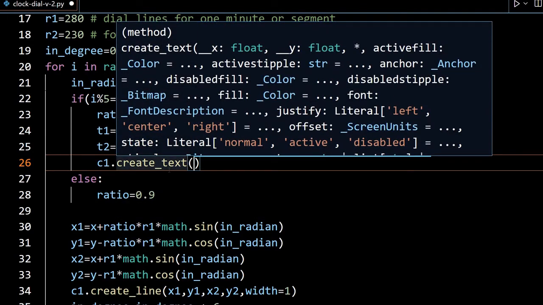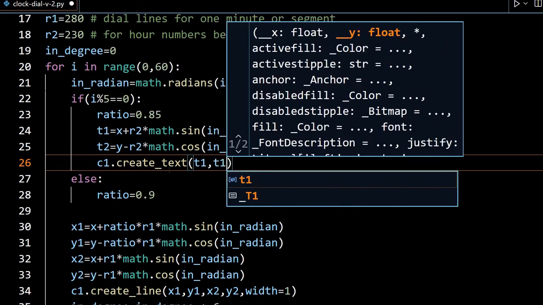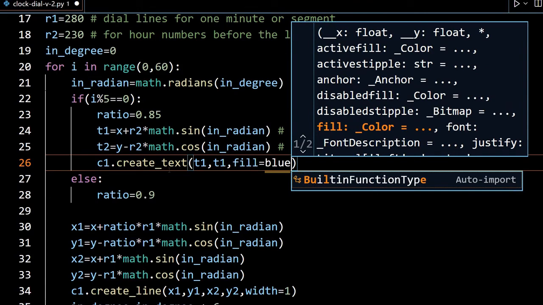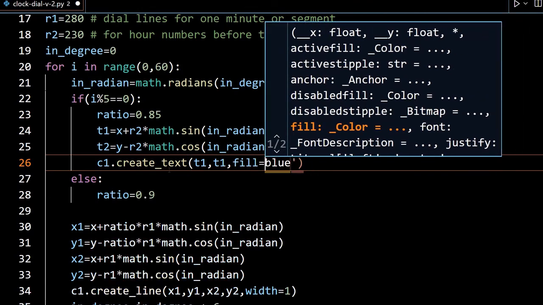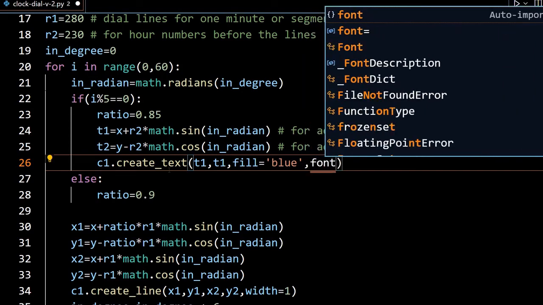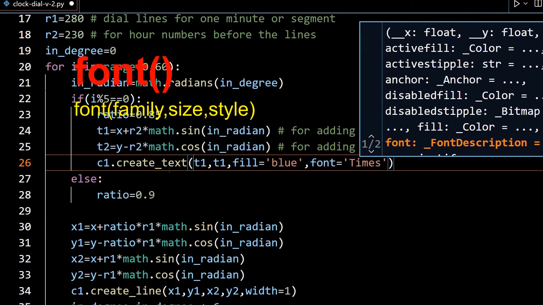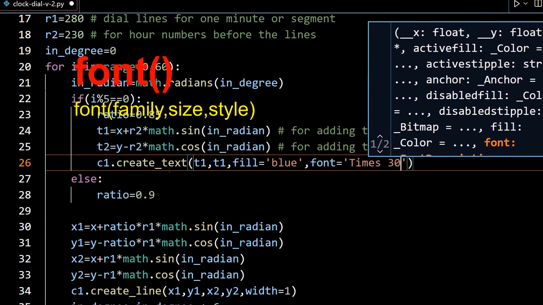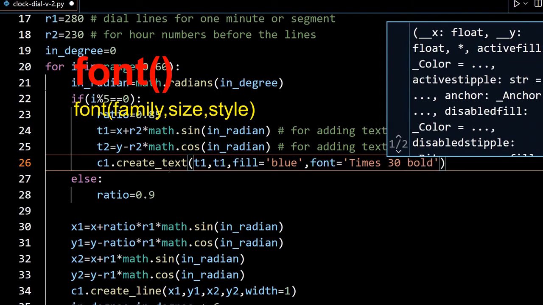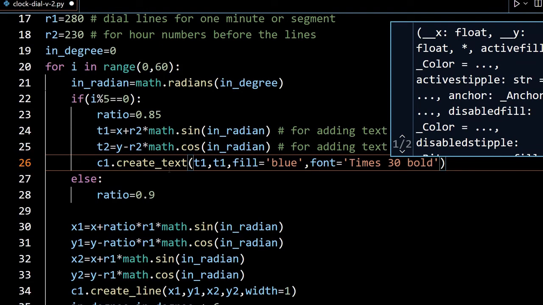Okay, create text. It starts from T1 dot T2. It's the coordinates of the text. Fill equal to blue. You can give any color you want, hex code also can be used. Now the style, the font, what you will use. Now I am giving, there are beautiful fonts, you keep on experimenting with changing. This is the size and this is the style. Bold, I have given it, there is no restriction, you can go ahead with that.